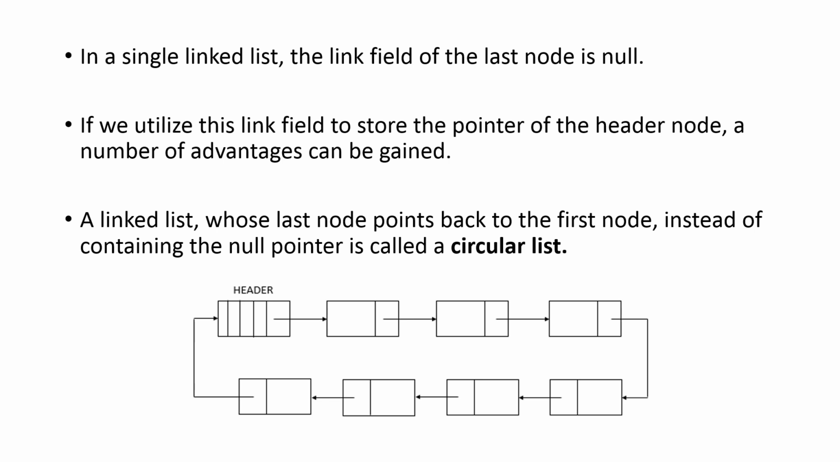First, let me describe what is a circular linked list. A linked list whose last node points back to the first node instead of containing the null pointer is known as circular linked list. Okay, a linked list whose last node, here this is the header and suppose this as the last node,